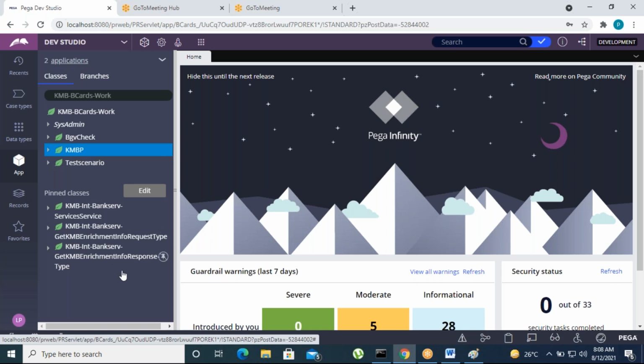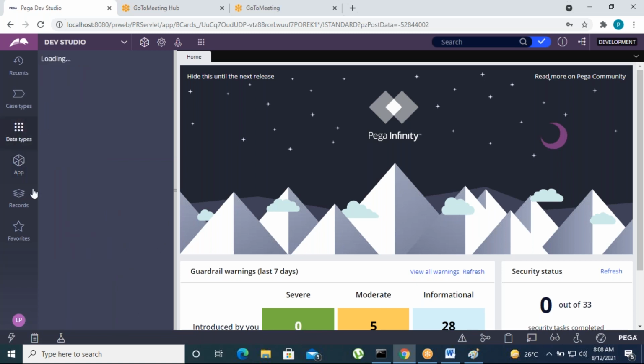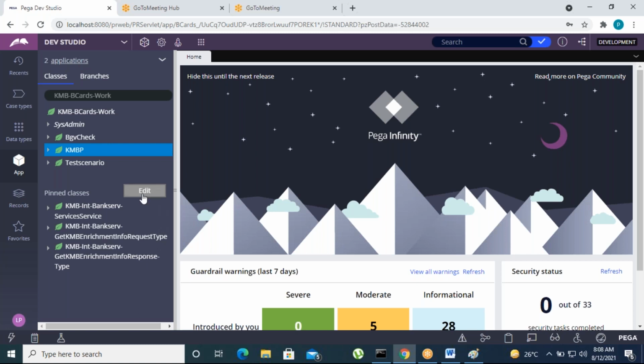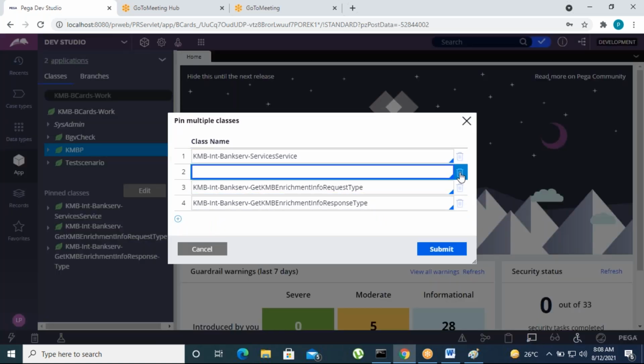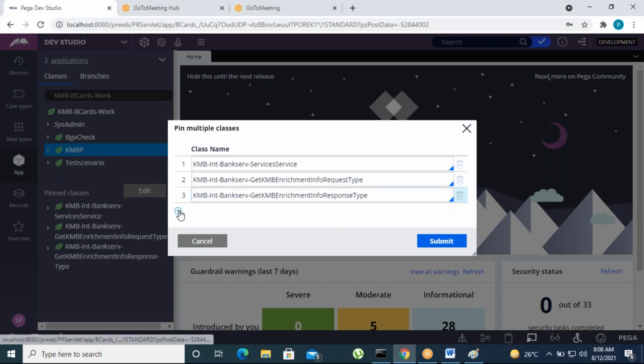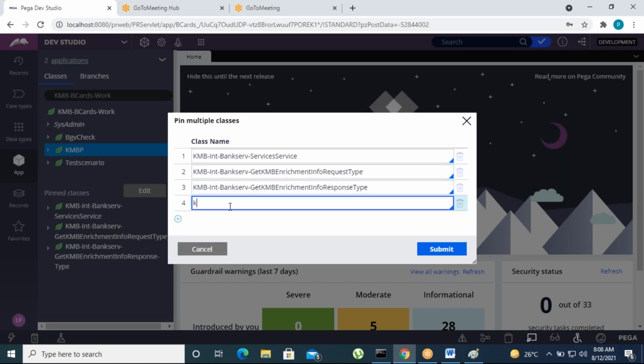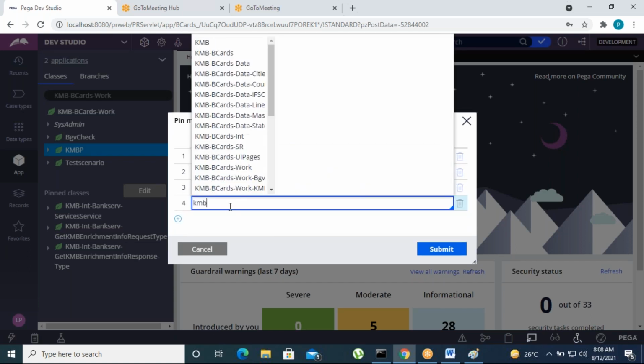I'm going to take something like IFSC codes, Mastercard. Suppose we have some Mastercard data table, correct? So I'm going to open the Mastercard data table now. Pinned classes. Kotak Mahindra Bank.